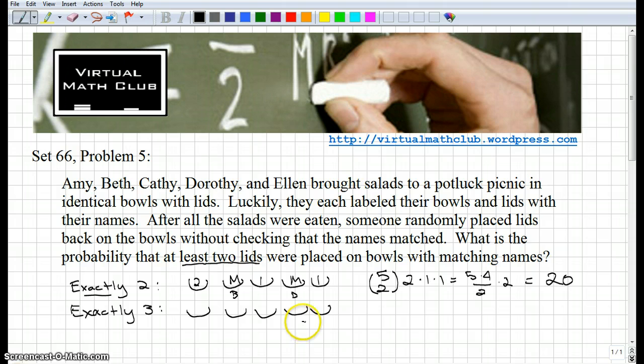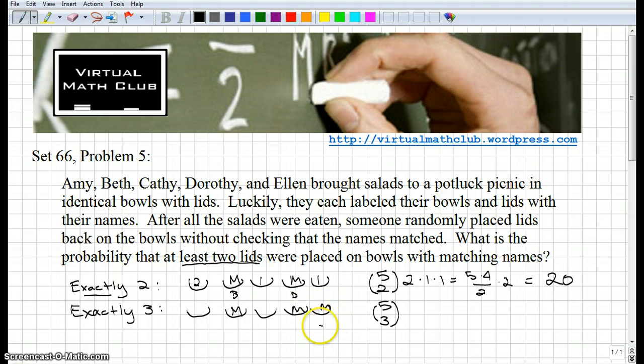Okay, so now we want 3 of them to match. Alright, so we have 5 bowls. We need to choose 3 of them that match. Okay, 5 choose 3. So let's say we happen to choose this one matches, and this one matches, and